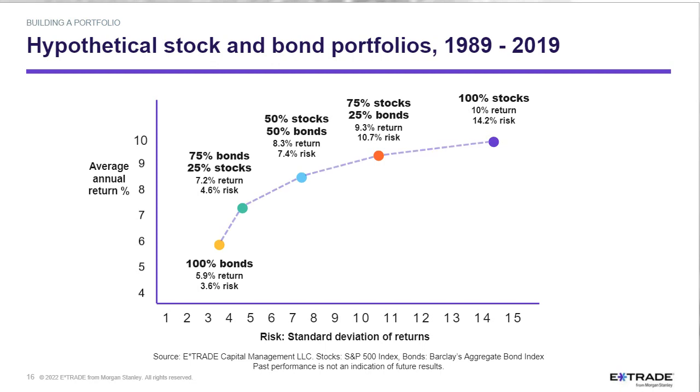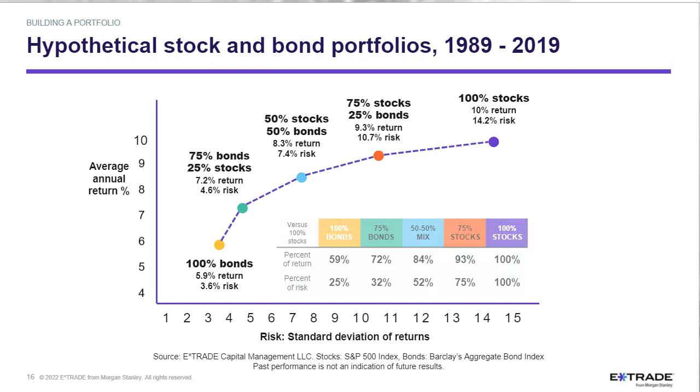And so here I've simply shown on a table what percent of the return you get and what percent of the risk you took on. And I think a big story is just found in this first move here. Simply taking a small slice, a quarter of a portfolio, and putting it into bonds dampens the volatility of the portfolio meaningfully without giving up all that much potential return.